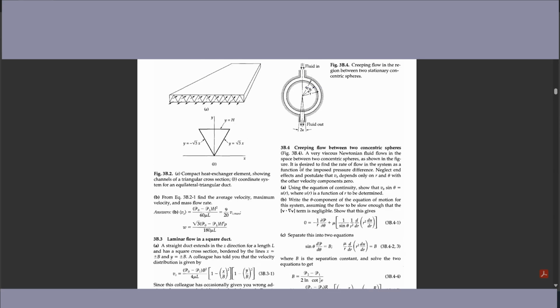All right, this is another problem review. Creeping flow between two concentric spheres. A very viscous Newtonian fluid flows in the space between the spheres. As shown in the figure, it is desired to find the flow rate in the system as a function of